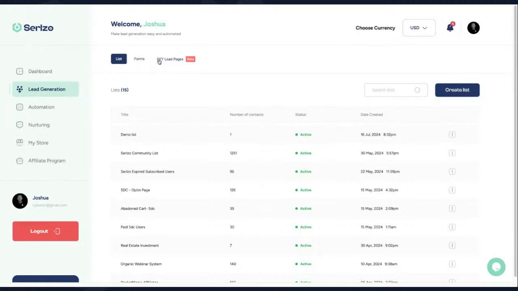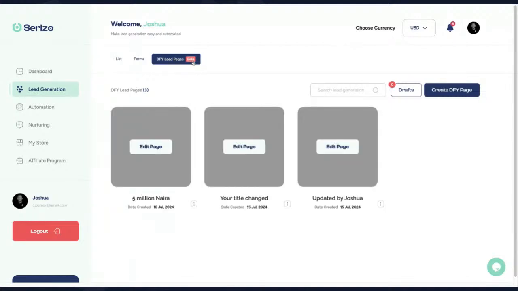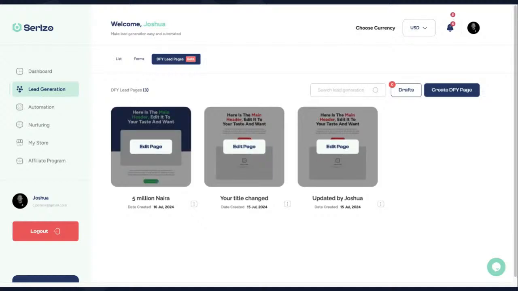So this feature right here called the DFI lead page, I'm going to click on it. You're currently seeing the beta icon there because this is the first time people are going to use it publicly. So we're going to monitor people use it publicly. Okay. Now, when you click on the DFI page, this is ideally what we did here. We picked out